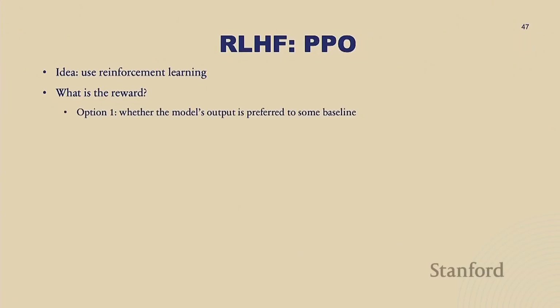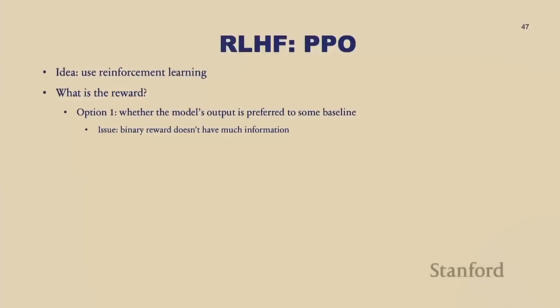The first one, you could just say, I'm going to compare the output generated by some baseline with the output generated by my model, and I'm just going to ask the human to say which one is better, and I'm going to use this as a reward. So if I'm better than the baseline, this is a +1. If not, it's a -1. So now it's a binary reward. The problem with binary reward is that it's very sparse, and you don't get much information out of it. Maybe your answer was slightly better, maybe it was way better, and you don't really know from this how much